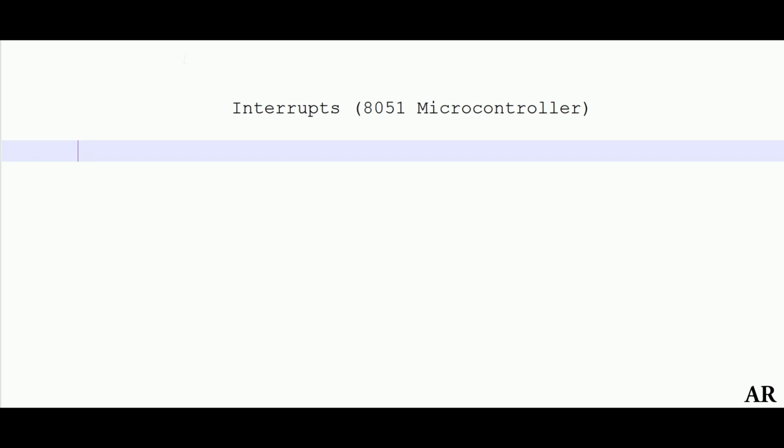Now coming to your 8051 microcontroller, in order to understand what the various interrupts are, we should understand what the various ports or external peripheral devices are which can be attached through various means to your 8051 microcontroller. We know that there are 4 ports which are parallel in nature. Apart from that, one serial port through which a peripheral device can be connected, and you are also having 2 timers, T0 and T1, which can interrupt the microcontroller once the count value gets over. In order to interface all these things, we need interrupts.